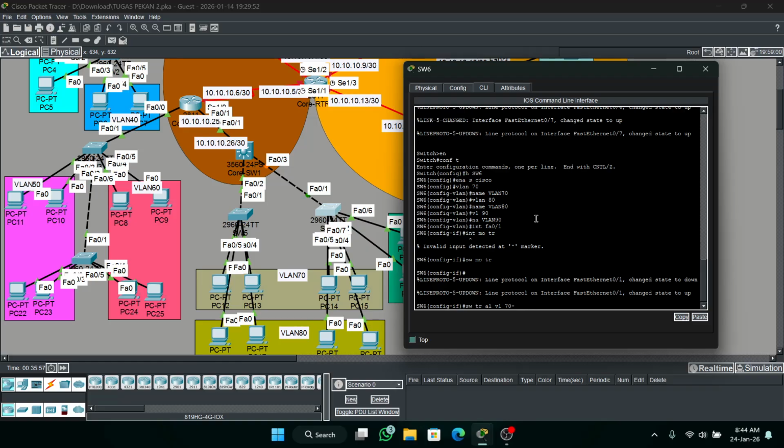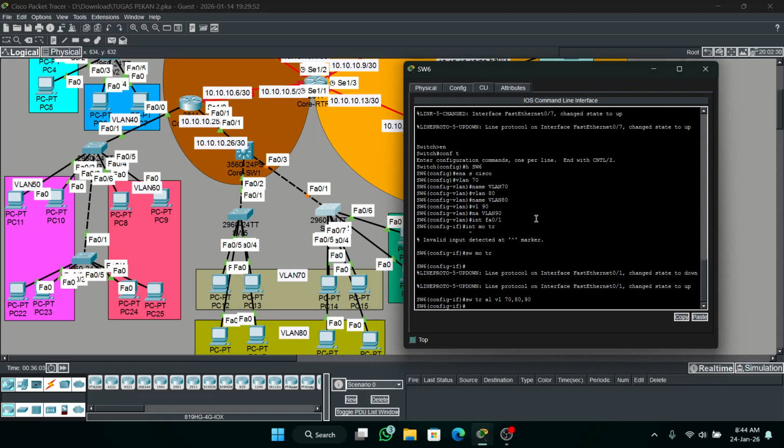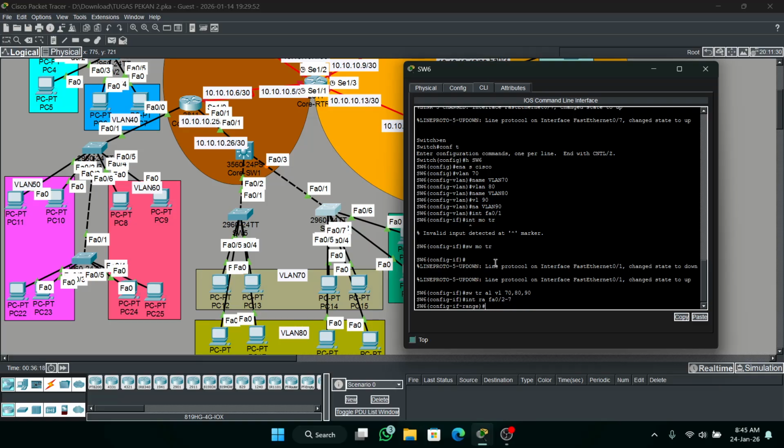Now I will configure the access switchports, interface range 2 until 7.